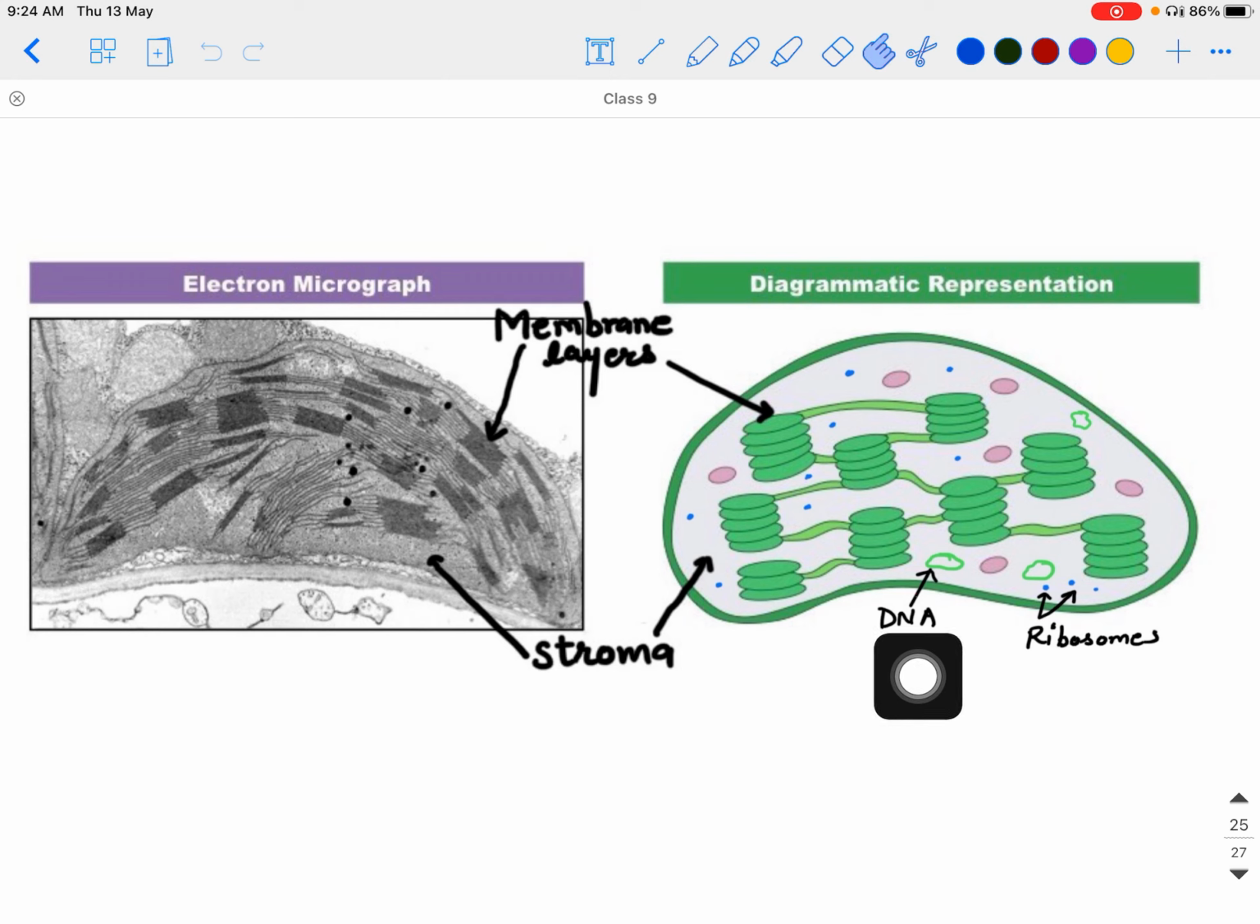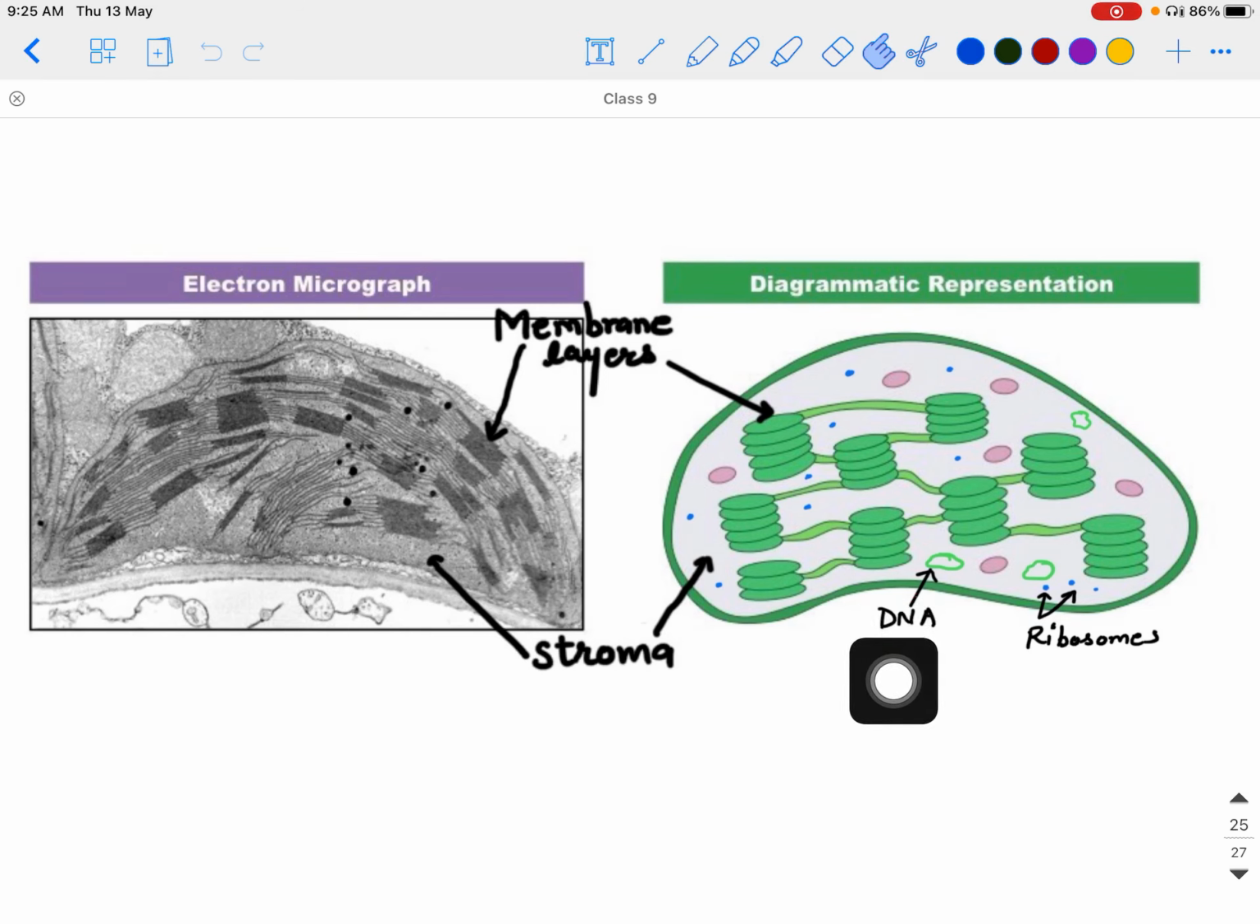Now the next component is DNA. Yes, DNA is present in plastids as well. It is found in mitochondria and it is found in plastids as well. So they contain DNA. Along with the DNA, they will also have ribosomes. So just like mitochondria, plastids can also make some of their proteins. Not all, but some of their proteins they can synthesize on their own, without help from the nucleus, because they